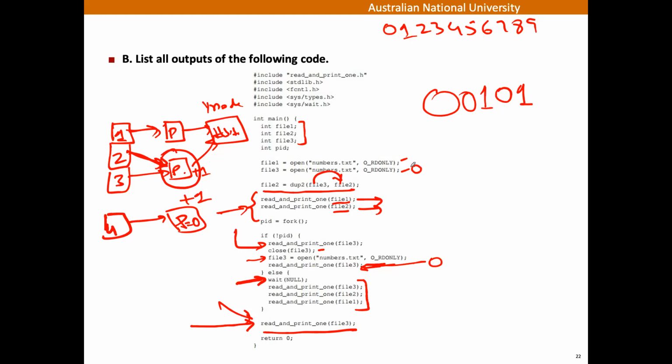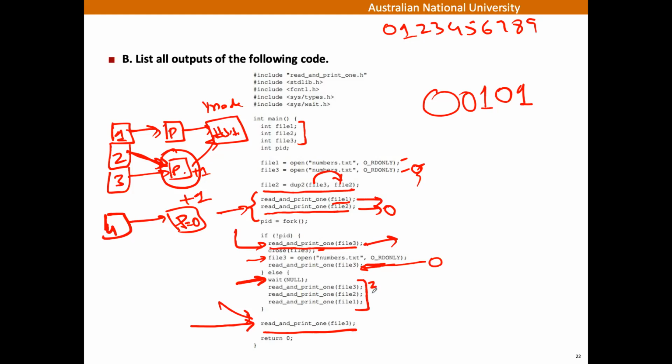This was 0 by the parent. Sorry, this is an open. This is 0. Was there any other read from this descriptor? No, there was. This read over here, this one. The child inherited the same file descriptor table as the parent, and it did a read. So this one, the parent will now see